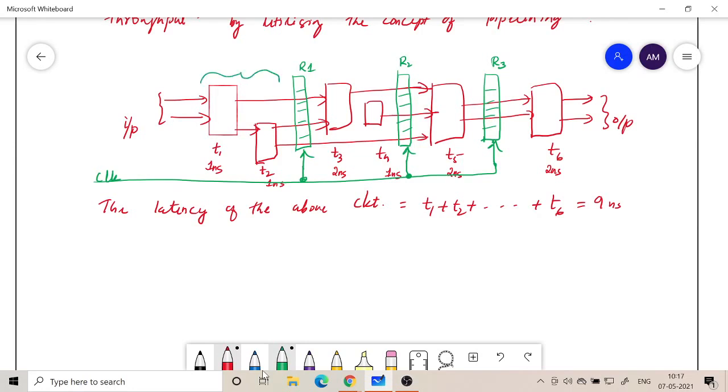This output will be available 2 nanoseconds after the input is given, so I can latch it. If I operate my clock with T equal to, say, to be on the safe side, 2.5 nanoseconds,